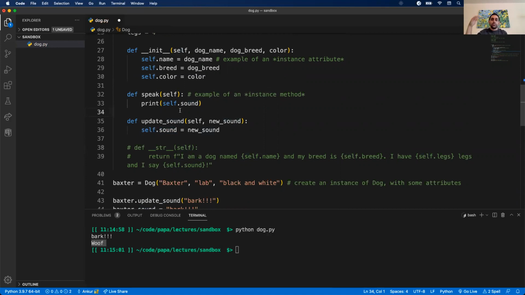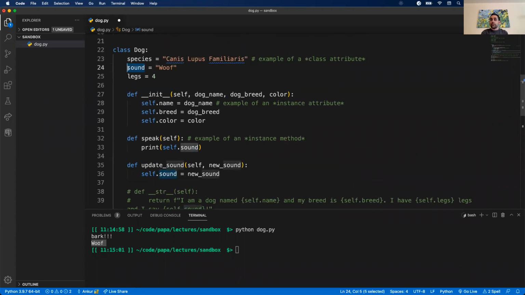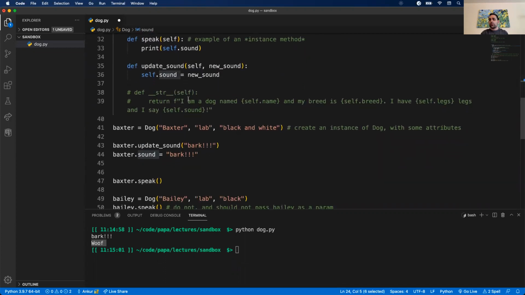So at that point, Python's going to jump up to the class level and say, is there some attribute called sound at the class level? Sorry, I should be saying attribute rather than data member. In this case, yep, it does find an attribute at the class level, so it's going to use that. That's what's going on for Bailey. Bailey does not have an instance level attribute, but Bailey does have access to a class level attribute called sound. Baxter, on the other hand,